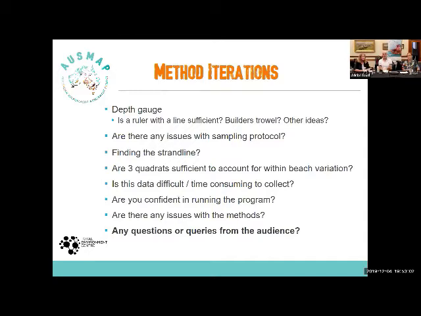Is the data difficult, time consuming? Yes, in part. So can we split all that processing, from the data collection through the data analysis? Yes. You don't have to do it all in the one day. You can do that over subsequent days. Obviously, all the samples need to be taken at the one time period, but after that, you can do the processing at your leisure.